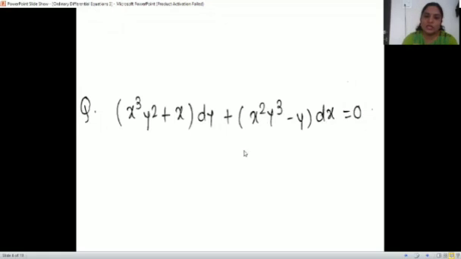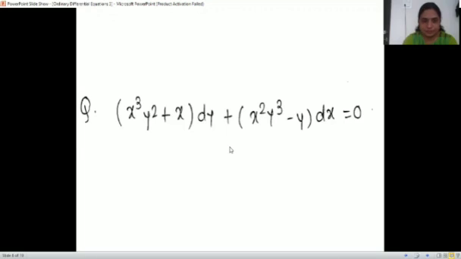Okay. Then the second type is y f(xy) dx plus x f(xy) dy. Is it so? We can take y outside here as it is, M dx. This is the first term. Take y out, we'll get x²y² − 1, that is a function of xy, into y dx. Done. Next, we can take x outside here, so it is x into (x²y² + 1), again a function of xy, into x dy.